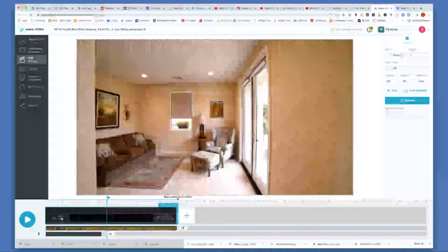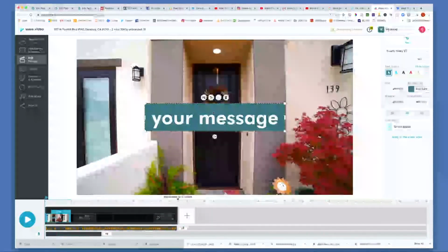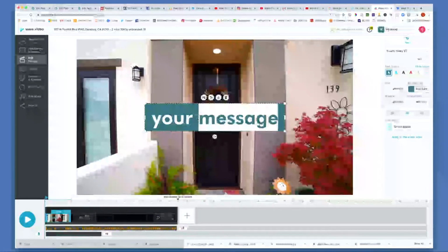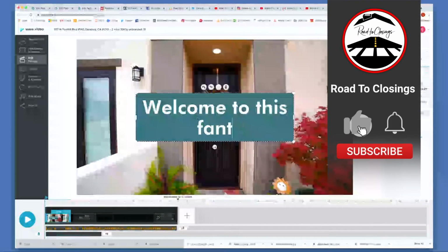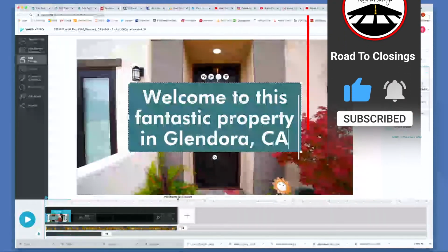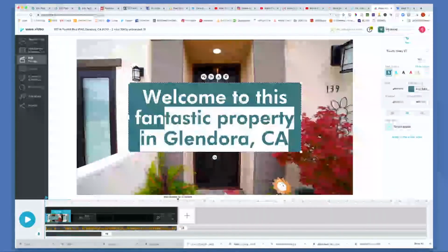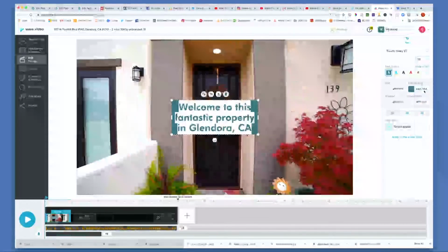The other thing that you can add is text overlay. So if I go back to the beginning again, I can click on this add text button and it just pops up with this example. So for me, I want to say, so that's super big, right? So you simply just highlight it, go over to the right-hand side, choose a different font size, and then you